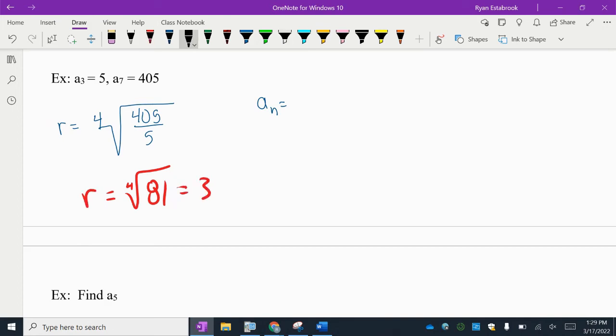is equal to 3. What I know about this equation now is that a sub n is equal to whatever the first term is times 3 to the n minus 1. This is what I know for sure. The common ratio is 3. In other words,